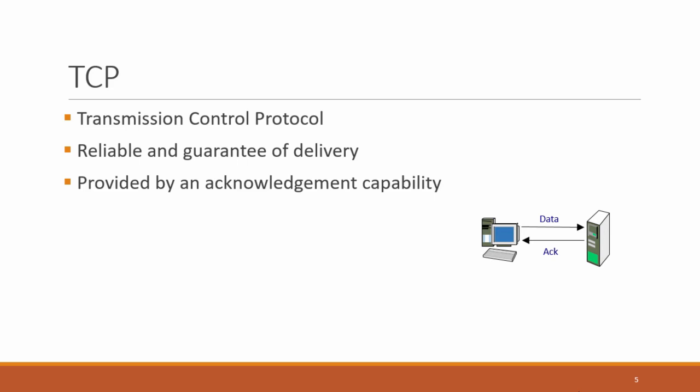As you can imagine, this requires additional overhead, so TCP can be used for guaranteed delivery. This overhead, of course, comes at a cost, and that cost is speed. That's why UDP is used for our streaming protocols. TCP also allows for transmission from both sides of the connection. That is, it's full duplex. The data is transmitted as a stream of data since the connection-oriented nature sets this up for us. Remember, we establish a connection because we have the acknowledge capability. We transmit as a stream of data, and we'll learn more about what this means as we look at it in Wireshark.